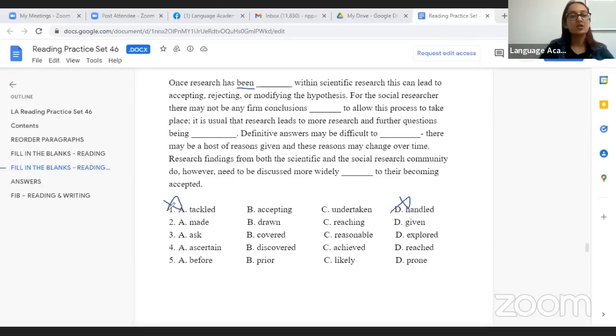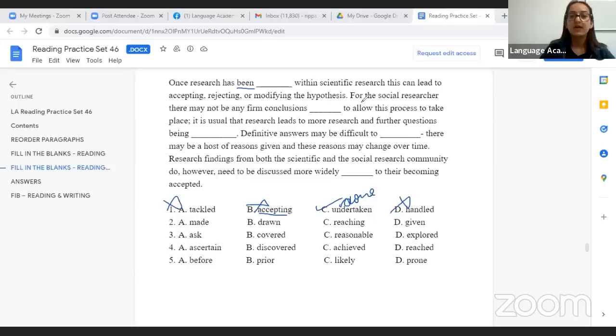And ing is not what we need, because if we say accepting, that will mean research has been accepting something, which is not possible. Research cannot accept or reject anything. So it will be once research has been undertaken. Undertaken would simply mean done, performed, done, completed, anything can be undertaken. So once research has been undertaken within scientific research, this can lead to accepting, rejecting, or